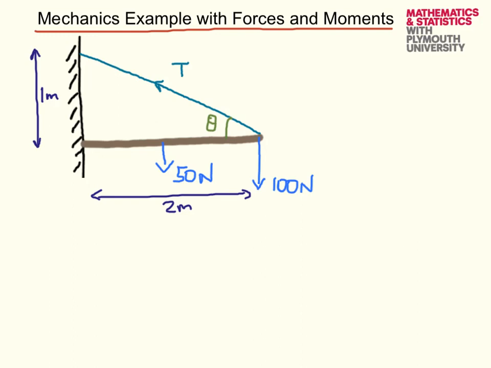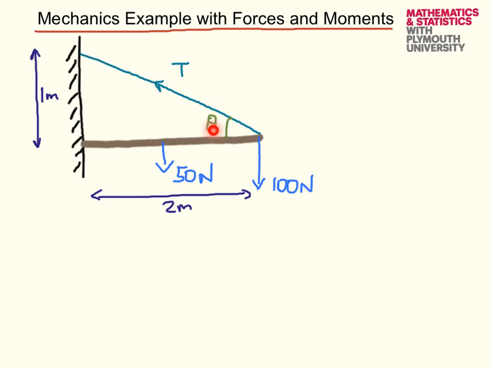So in this podcast, what I want to do is to look at the problem of a heavy rod, and I'm going to assume that its weight is 50 newtons and its weight is going to act through its centre of gravity, which is in the middle of the rod, and there is going to be a force of 100 newtons acting downwards,